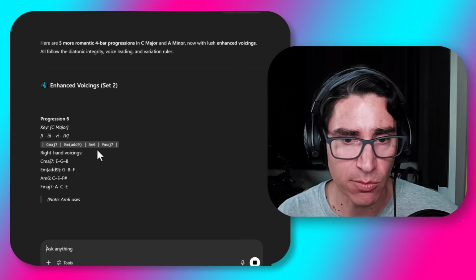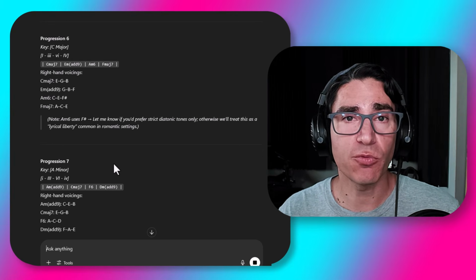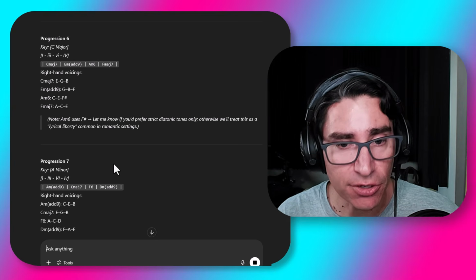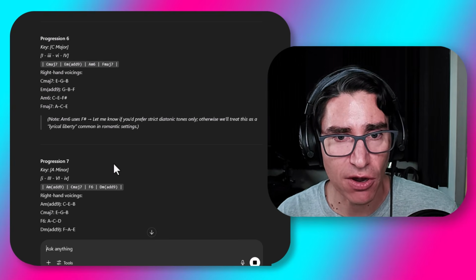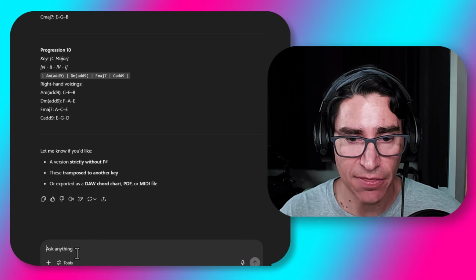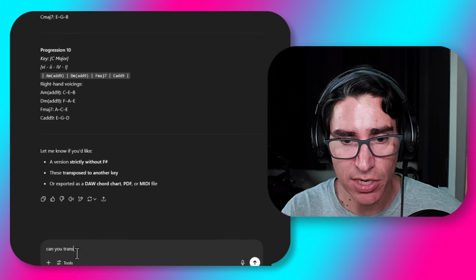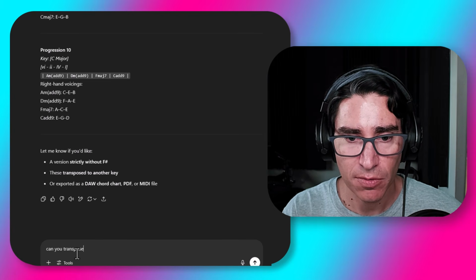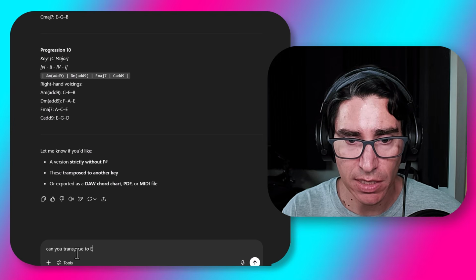So here we go, we have more chord progressions. And what if we really like the key of E minor? Like I said, all these progressions are in either C major or A minor. So let's ask at the end, can you transpose to E